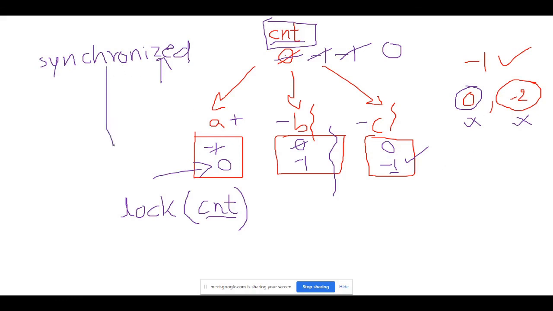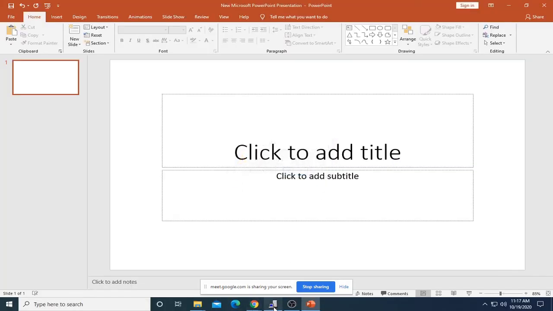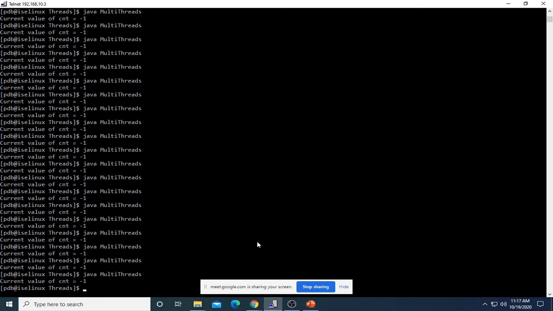So using this, you are essentially acquiring a lock on the shared resource, which is the counter object in our case. Let's make use of synchronized keyword in our program and prevent the thread interference.